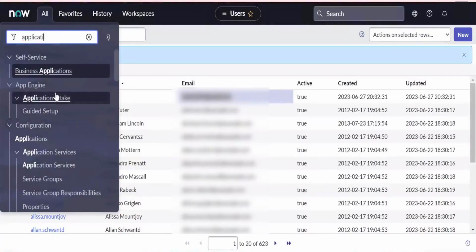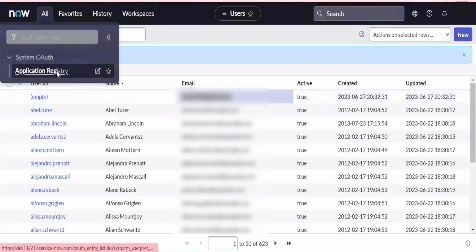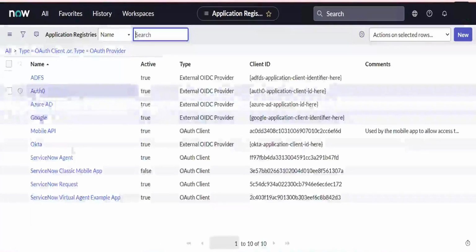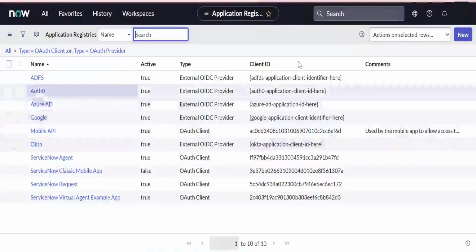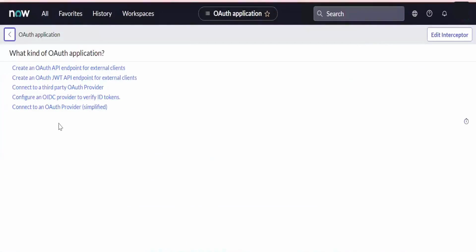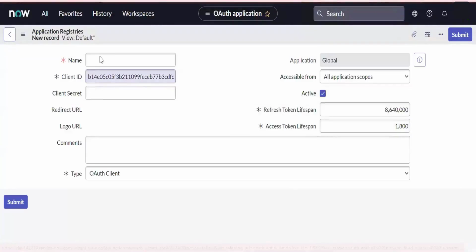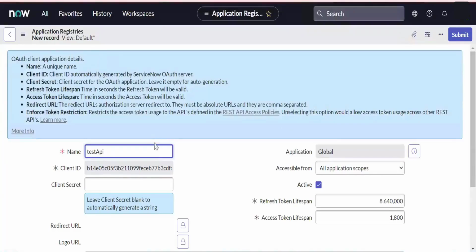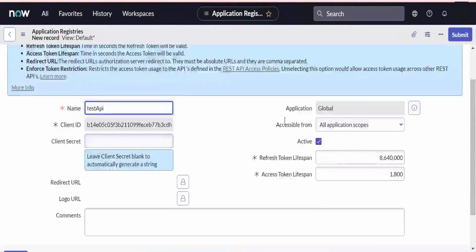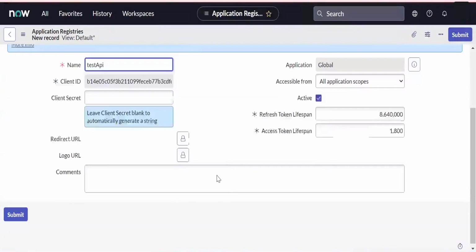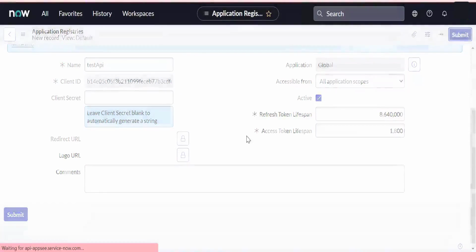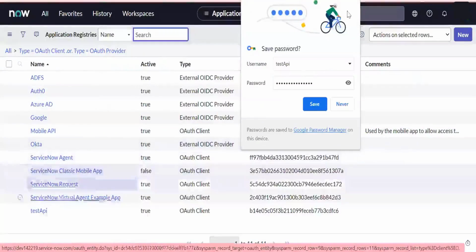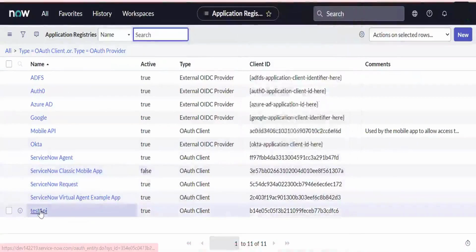Let me see. I was about to cover later on this application registry part, that is, Auth token. Let me do that and see whether that works for me or not. Create an Auth API endpoint for external and give it a name, like test API. Some name I'm giving and it will generate a token for me. For all applications, submitted. So test API is there, right? If I open this,